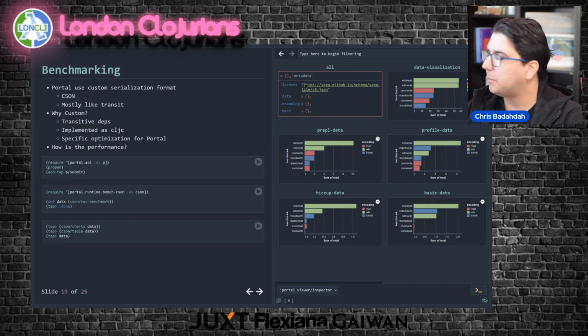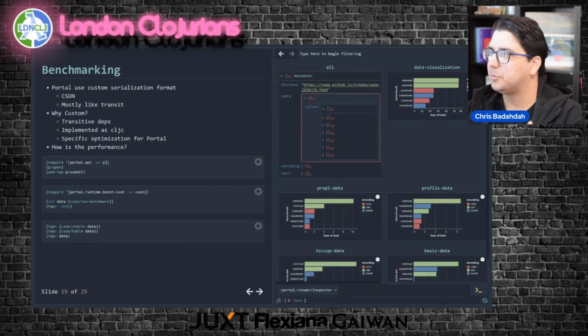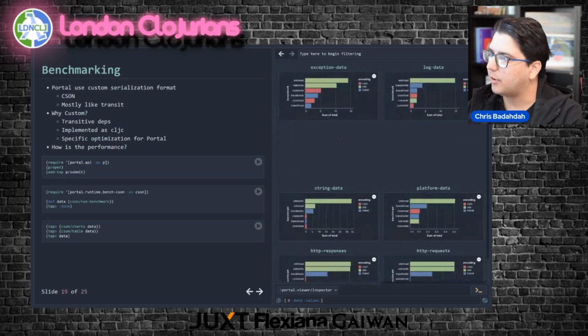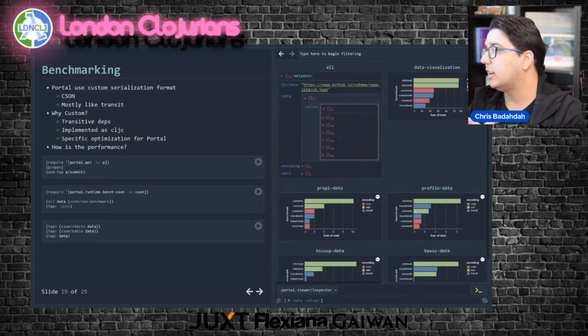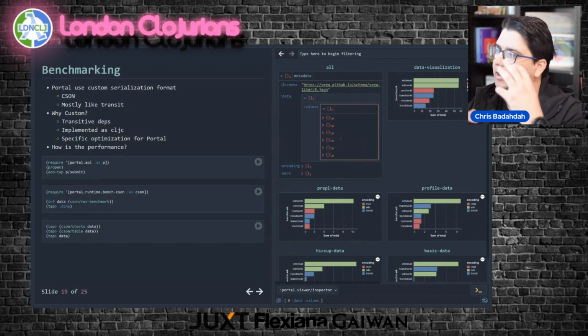All right, it's just a map, all right? Everything's data. It's just a map. It has the specific values for this data set that I was encoding, because that's what we're seeing here: for a variety of input data, how does this custom serialization format work with Eden? Because Eden is another alternative to Transit as well.